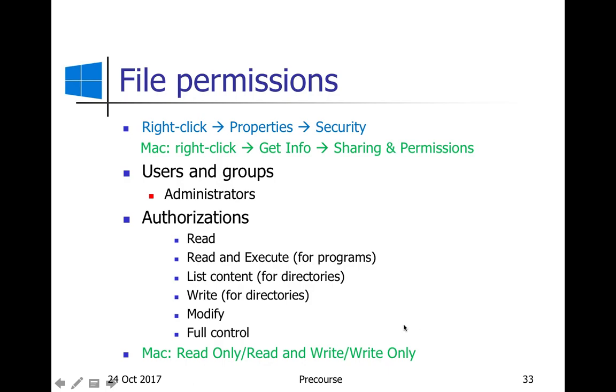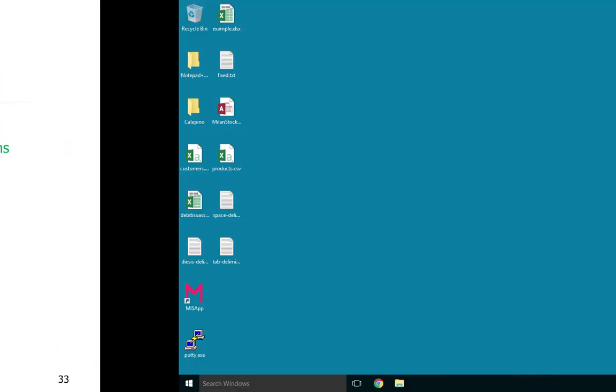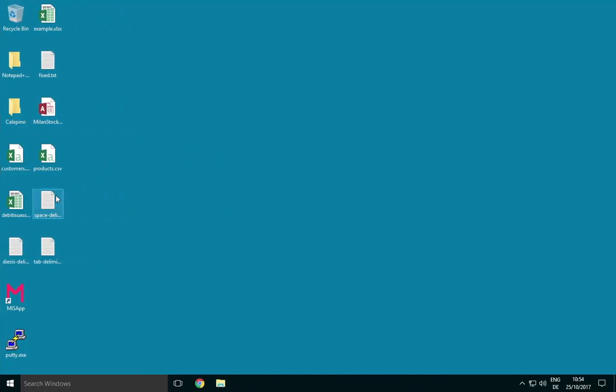It's very simple. For Windows, it's a little more complicated because, it may seem strange to you, but it's a more modern system. The Mac uses the Linux Unix permission system, which is very old. So it has only three types of permission, exclusive. So if you have one, you cannot have the other. On Windows, it's different because it's a more modern system. It has a more versatile permission system. Let's see it. Okay, this is Windows.